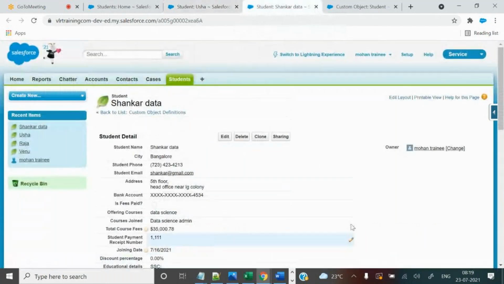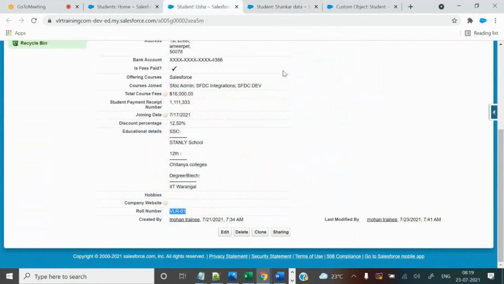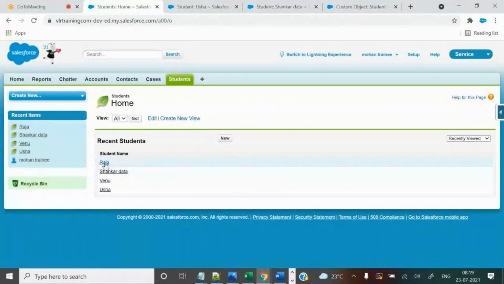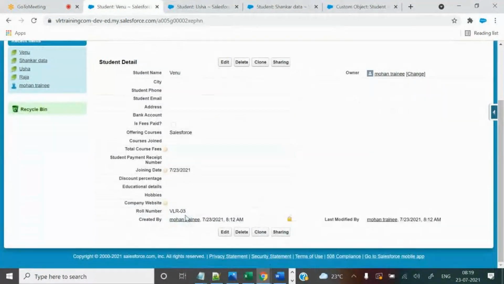This is the second record, you can see VLR2, and it is read only, the lock symbol means read only, you cannot modify it. Like this second record, Venu is the third record, and Raja is the fourth record.